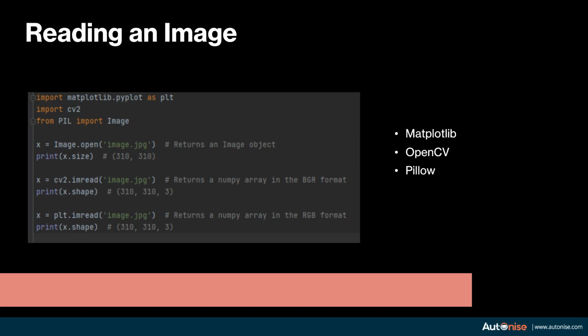Instead of RGB, it's BGR. So the first channel is blue, the second channel is green, and the third channel is red. This might get confusing if, let's say, you open an image in cv2 and try to plot that image using Matplotlib. Then you'll get very weird looking images on your screen.